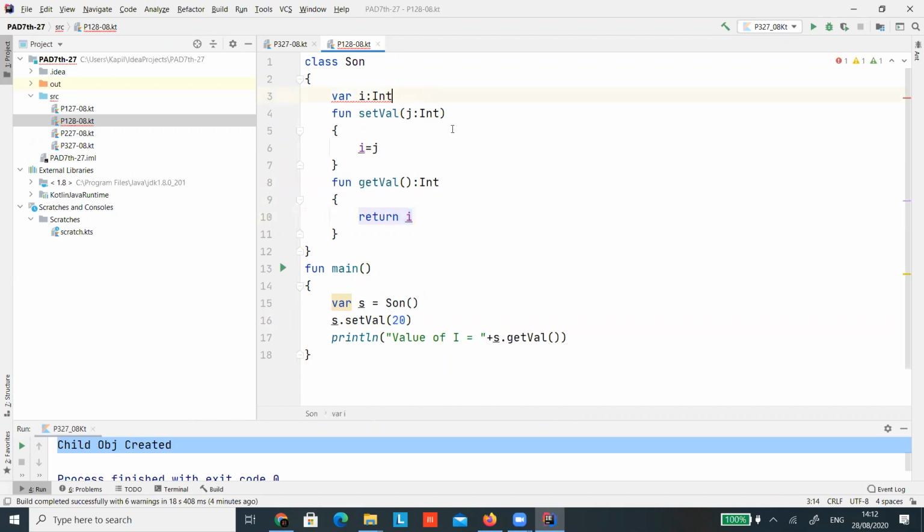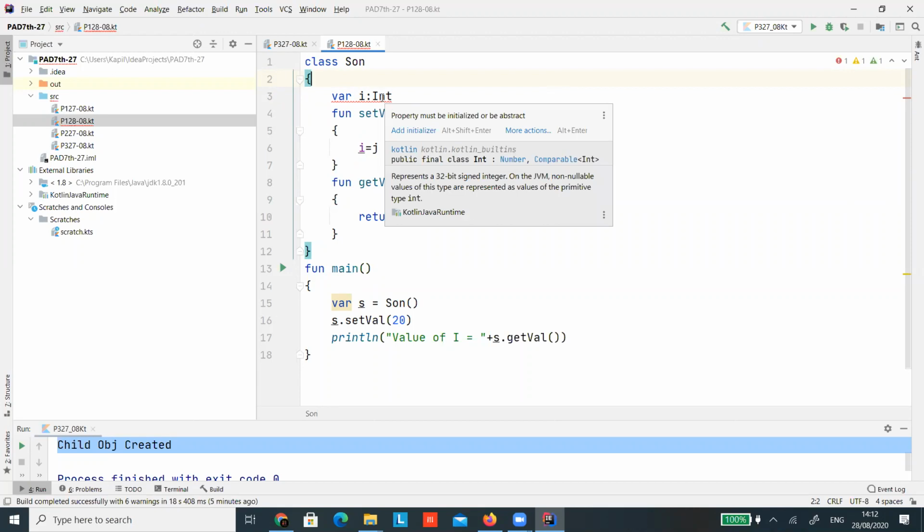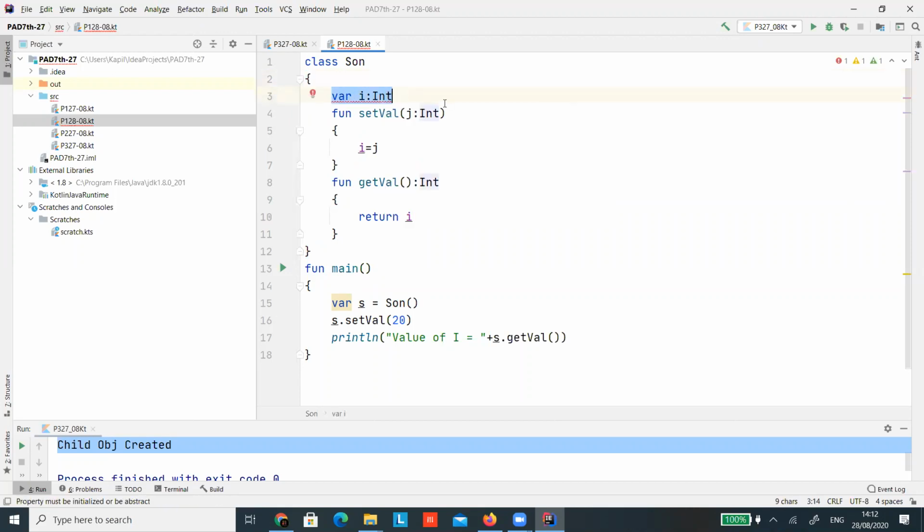Okay, so first there is an error, and you can see this error. The advantage in this Kotlin language is that you will get an error while you are writing code. But try to understand the error first. Don't jump into programming directly and make it correct; try to understand the reason. The reason you can see here is that the property must be initialized or be abstract. It means I have declared one variable as a property, so it must be initialized. So let's initialize it with 0. Now let me just run this code.